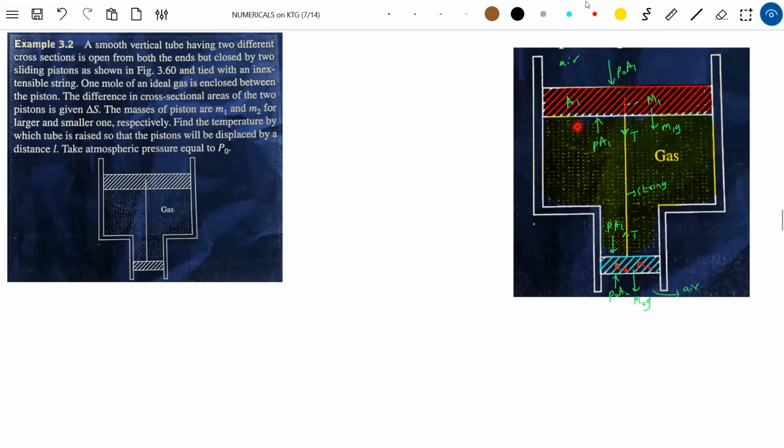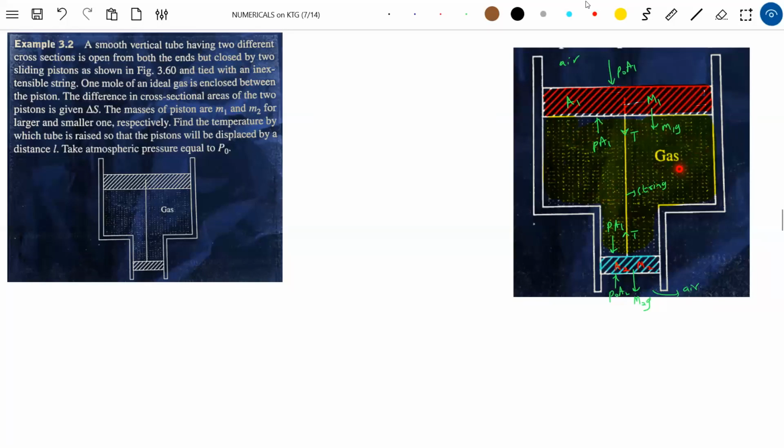Here, water present will exert a force, pressure into area. But sir, pressure should increase with depth. Anybody wants to answer? Pressure here should be P1, here should be P2, but you're taking the same pressure because we know pressure increases with depth. Go back to KTG. At steady state, the pressure at all points in the gas will be the same. But sir, pressure with depth, what is this length? Even if it is 10 meters, still the pressure will be the same. Only if it comes to a height of 100 meters, 200 meters, a kilometer, then pressure is going to change. In all our KTG problems, the pressure inside the gas is the same at all points.